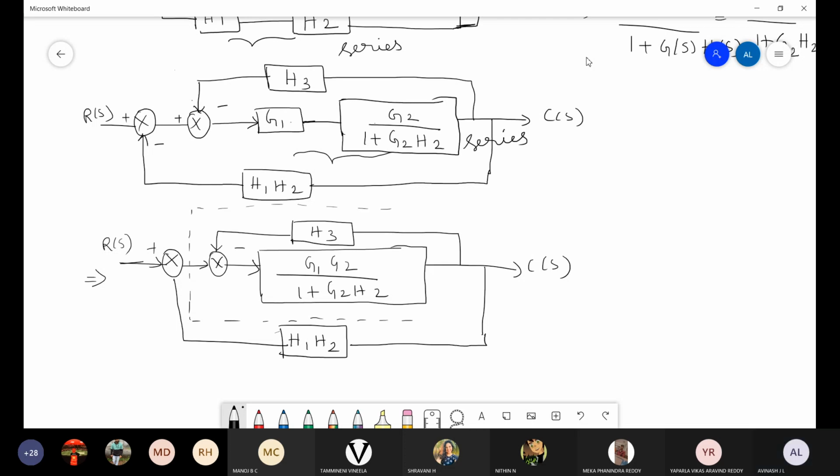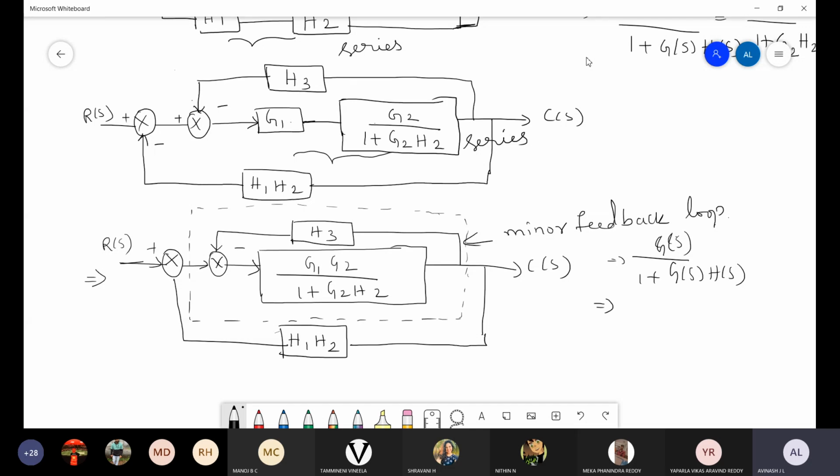Clear? Anybody is having a doubt here? Yes. This is termed as minor feedback loop. So once you consider this is the minor feedback loop, what is the loop or block value finally? What is the block value? It is a negative feedback since it is a minus feedback. So we can see that G of S divided by 1 plus G of S into H of S.